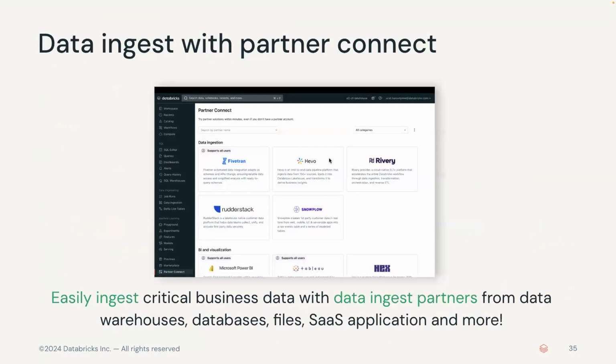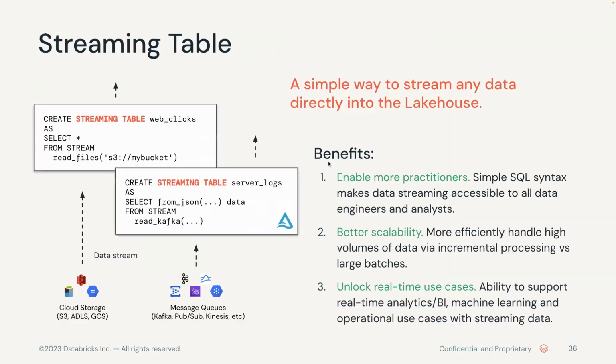Now we have different data ingestion partners. It is important to know that you can use your existing partner like Fivetran, Hevo, Snowplow. At the same time, Databricks has Lakeflow pipeline, where you will be able to ingest some of the data using Lakeflow pipeline as well. And many times, people also try to go with an approach where they can ingest data using, let's say, Python code, right? So you should be able to use anything you want for your data ingestion.